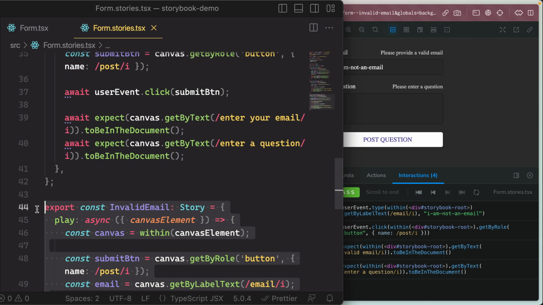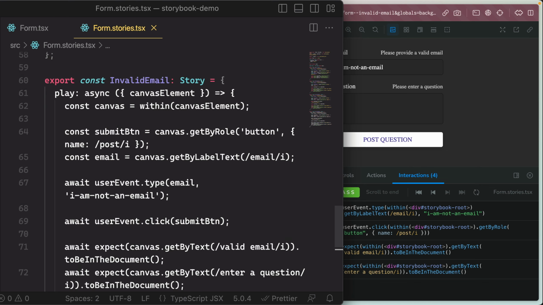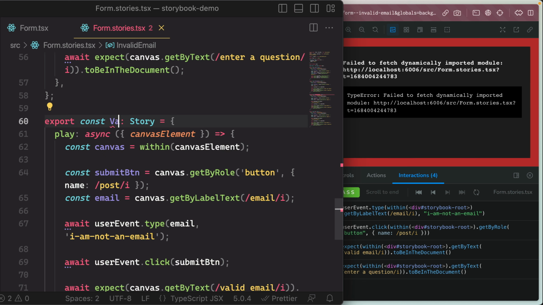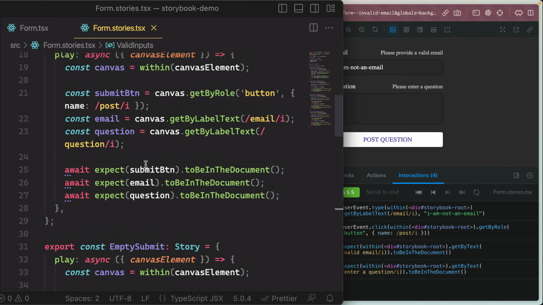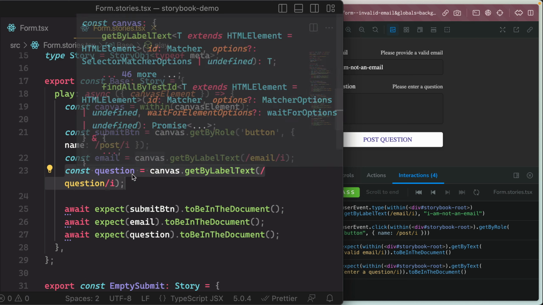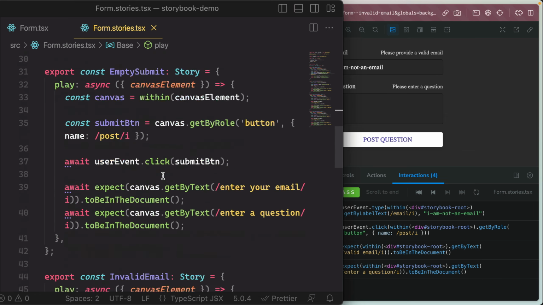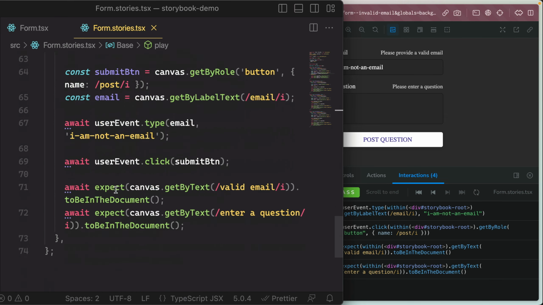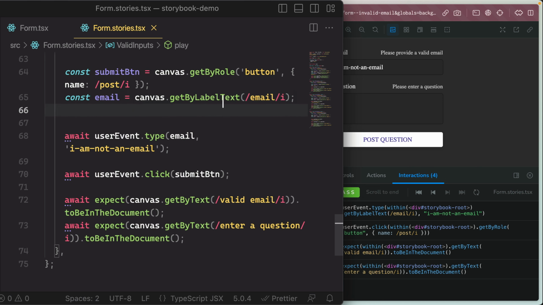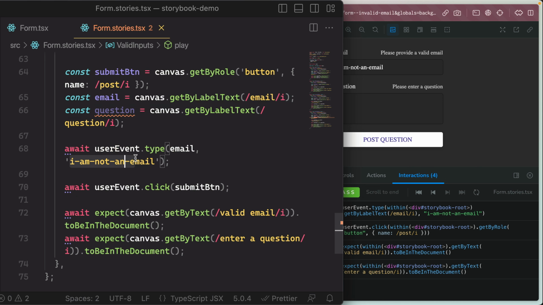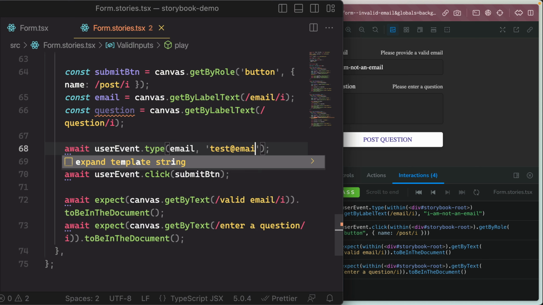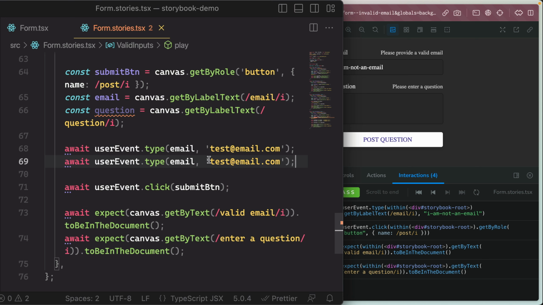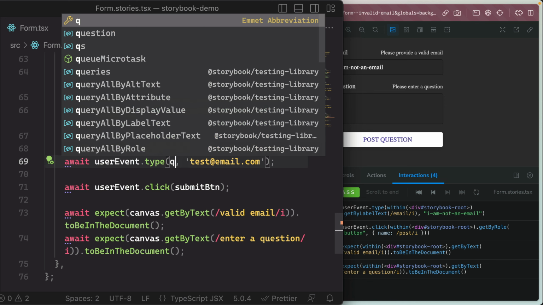So let's go ahead and make another copy here because a lot of the things here are reusable. So let's do valid inputs, and we're gonna need to bring in our query for the question. And this is why I like to have a base like this of all the things on all the elements, because I'm likely to copy them over to the different tests that I have. So we're going to bring back question here, and we're going to provide a valid email input. We're also going to provide a question input. Make sure this is question,